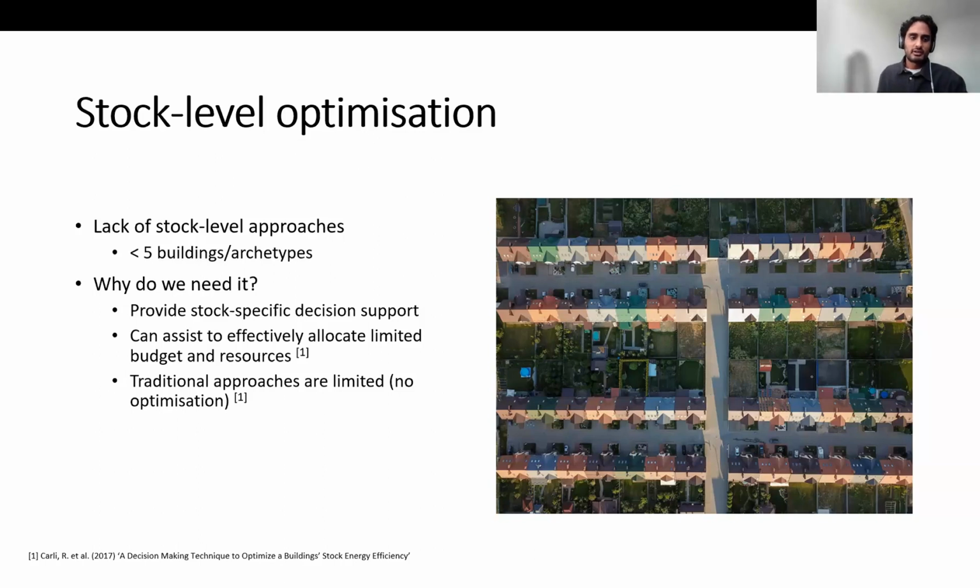And in general, the traditional approach, which doesn't involve optimization, can be quite limited in that they usually employ techniques which only allow the investigation of a small number of options, and they're likely to also only focus on one factor, for example, energy savings or CO2 or factors related to cost. So we can see by now this doesn't necessarily consider the other important aspects that the decision maker has to balance.